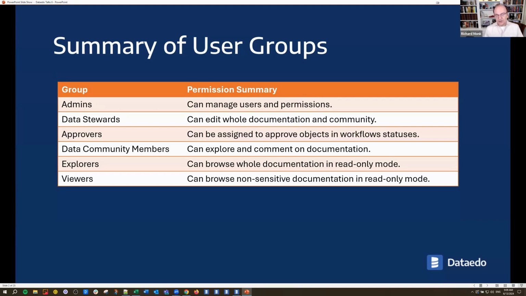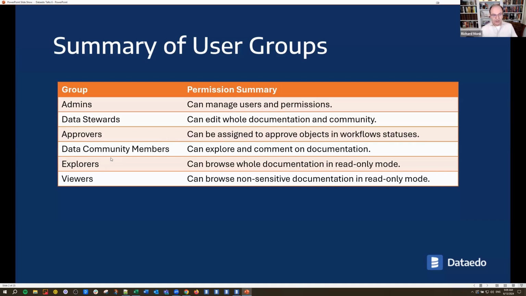This is the group you assign those people who have editor licenses for desktop; you also assign them into this data stewards group, so they have the same access privileges there. Approvers is a brand new role and group that is basically limited editor capability. It has been added to facilitate use with the workflows that we're going to talk about in a minute. That's the reason I wanted to talk about this.